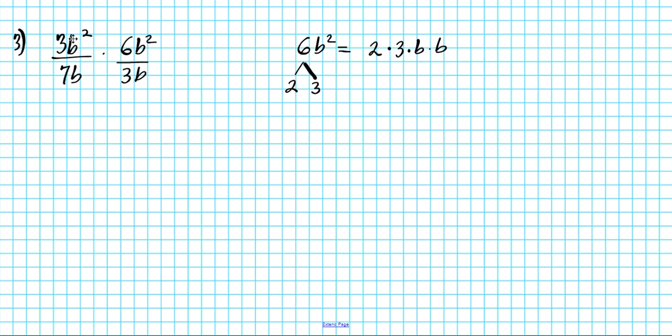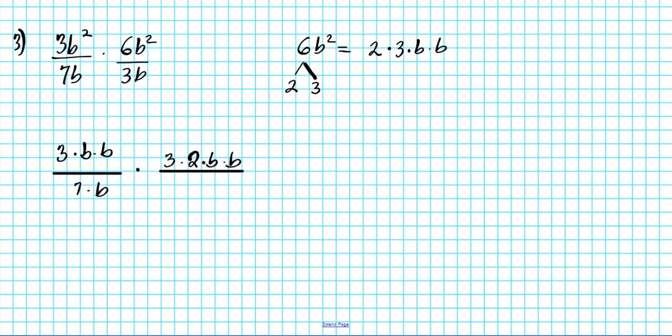All right, so let's write down these factors in their decomposed state. We have 3 times b times b divided by 7 times b. And then 6b squared, we have 3 times 2 times b times b, as we have determined, divided by